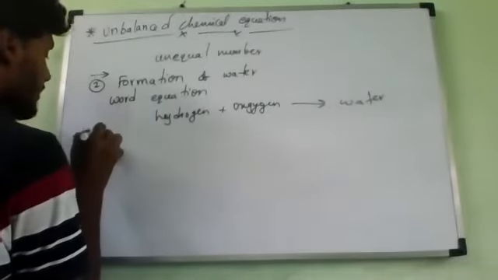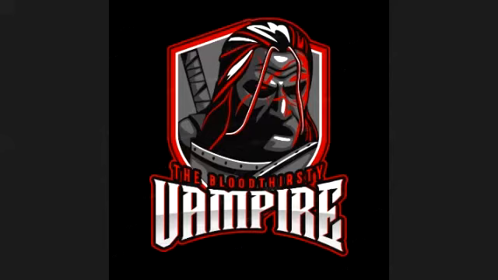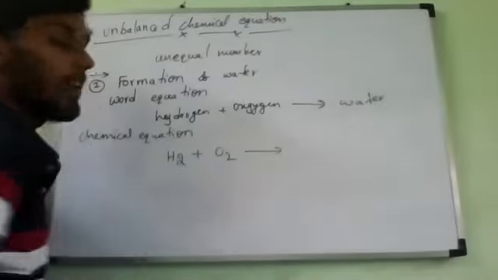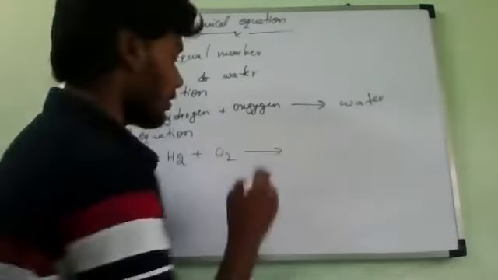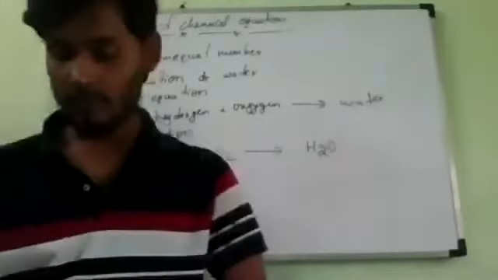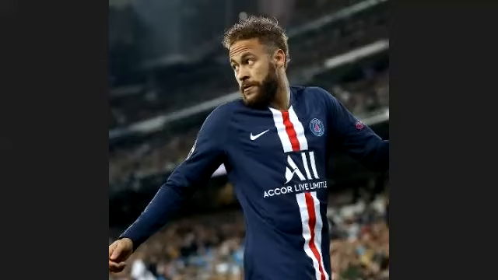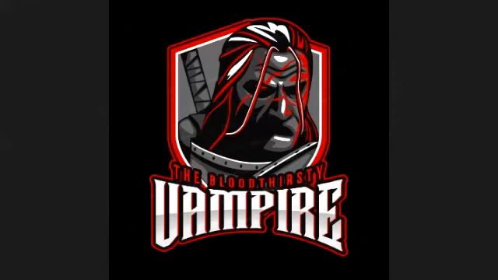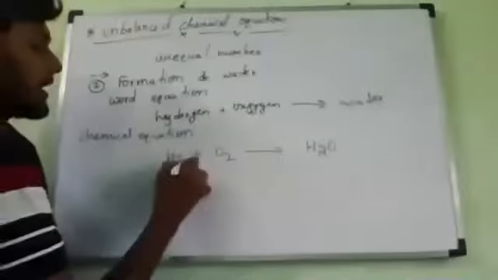Now the chemical equation, tell me. H2 plus O2, not O, it won't be, it is a diatomic molecule, so O2, which will give you H2O. So is it a balanced or unbalanced chemical equation? Unbalanced. Hydrogen atoms are 2 here, 2 here also. But oxygens are how many? Here 2 and here only 1. So it is called an unbalanced chemical equation.